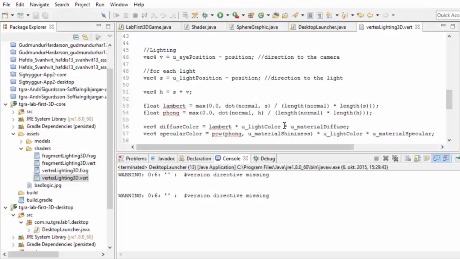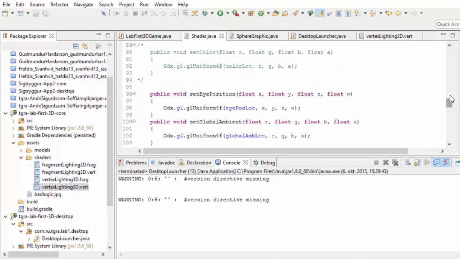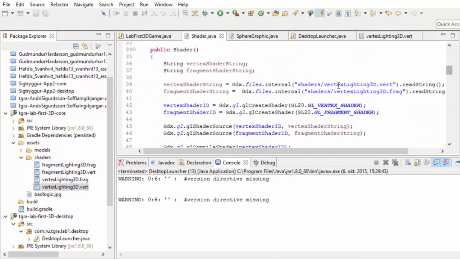But let's go ahead. Okay, so now that we've changed the shader class this much, in order for us to be able to simply change this to the fragment shader, we need to make sure that the shaders, so it's both a vertex shader and a fragment shader, but now we're doing vertex lighting. What we want to do is take the shaders that are called fragment lighting, and make sure that they have all the same variables as the ones we already have. So let's just open them up here,